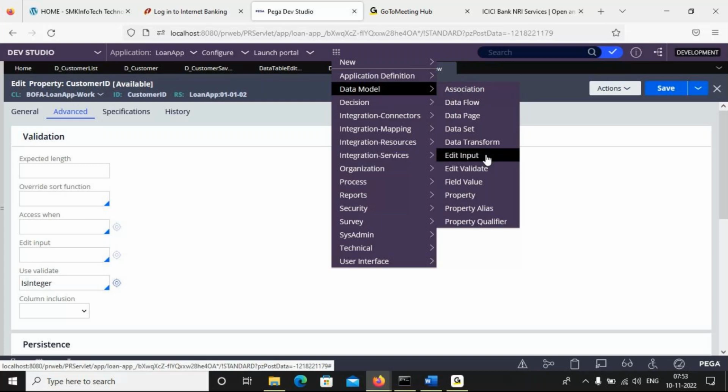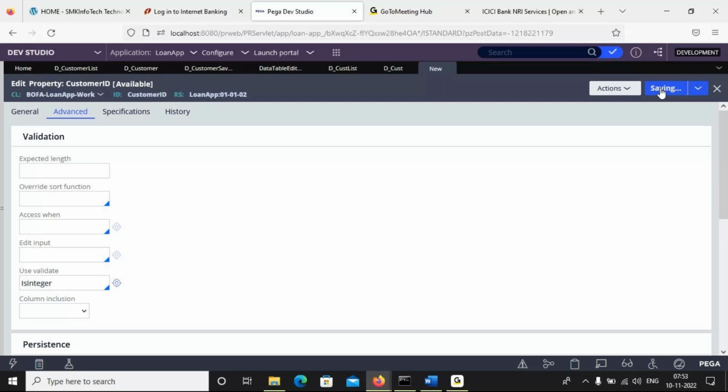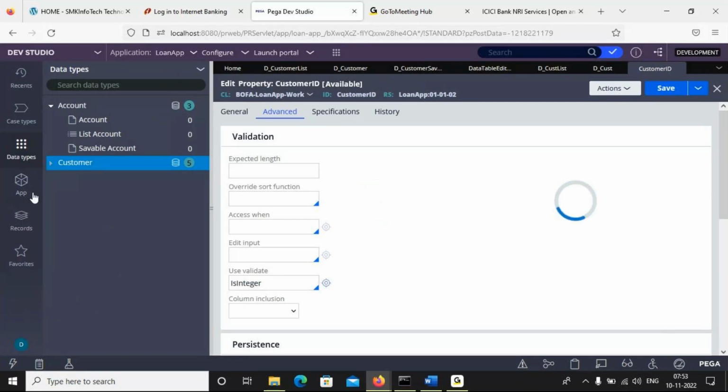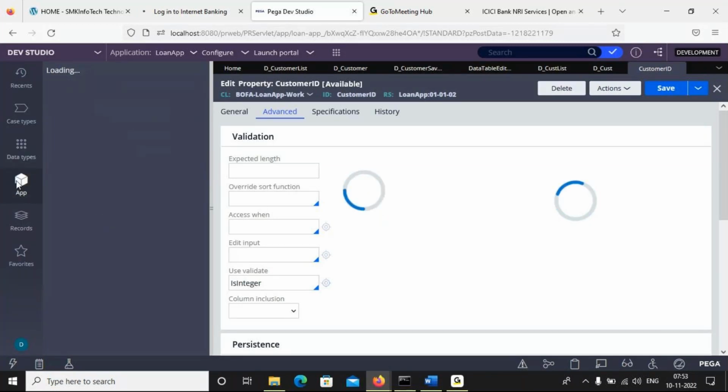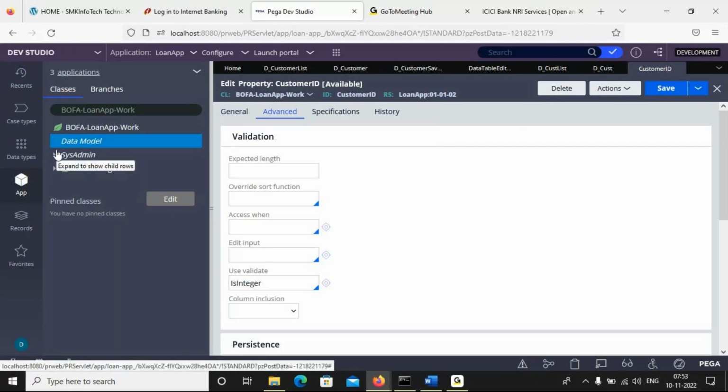Use validate and edit input are both under the data model category. No need to write them because they are already inbuilt and ready-made. Save it. Now we successfully created the customer ID property under the work class with the validation. It allows only integers. See, the property data model is created and the property rule is created.